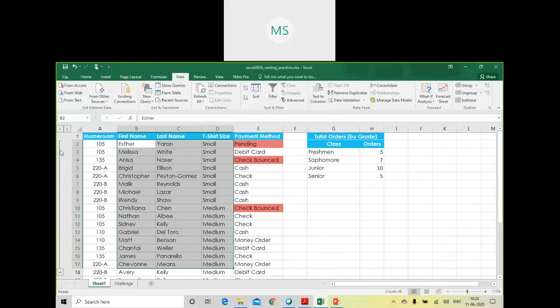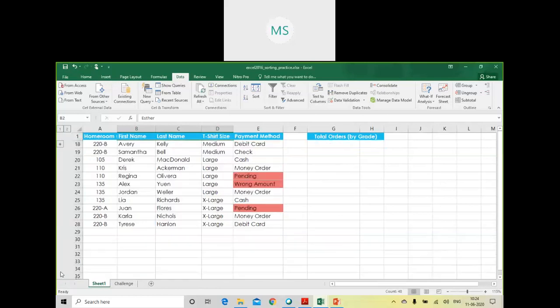Just see. Now here, beside the row numbers, you are able to see a vertical line which has a minus sign at the bottom. It is a button. The moment I click on this button, what happens? It will hide your selected group. The group which you have created will be hidden. And now it will shift upward, and whatever rows were below row number 18, those were not visible to you.